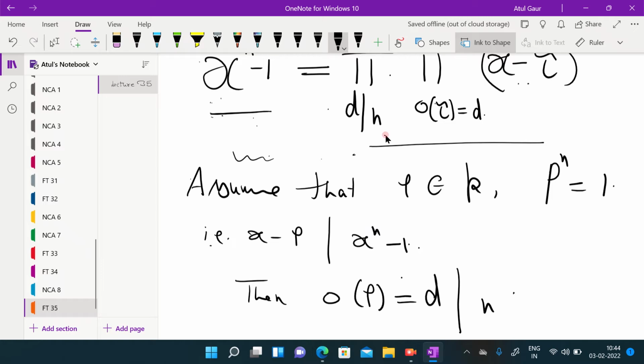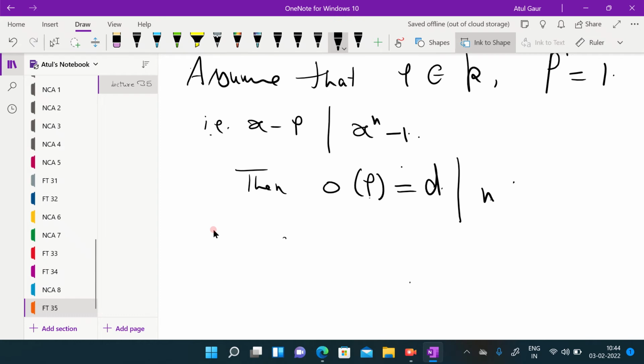Rho is a factor on the right hand side, x minus rho is a factor on the right hand side. Are you getting? Because d divides n, order of rho is d, so that means x minus rho is a factor